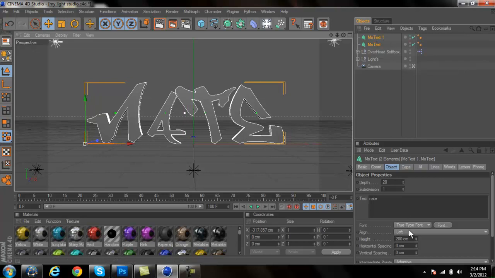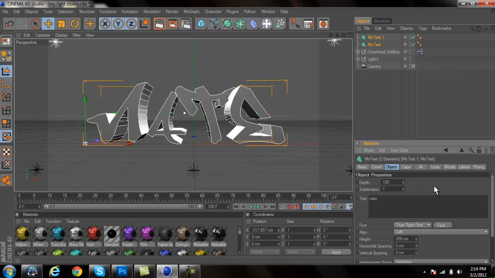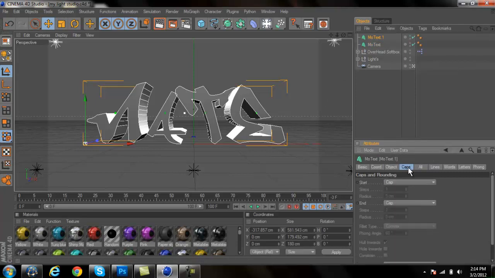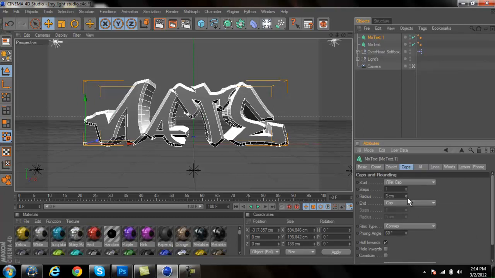Now I'm going to make the depth of each layer 180. Yes, you may think that's pretty thick, but it's not when it becomes the end result. So what you're going to do now, you're going to take the back layer, you're going to go to caps, you're going to put it on Fillet caps, take it down to about 2,